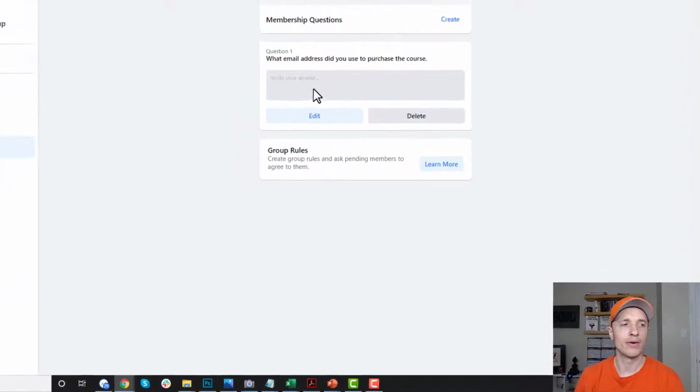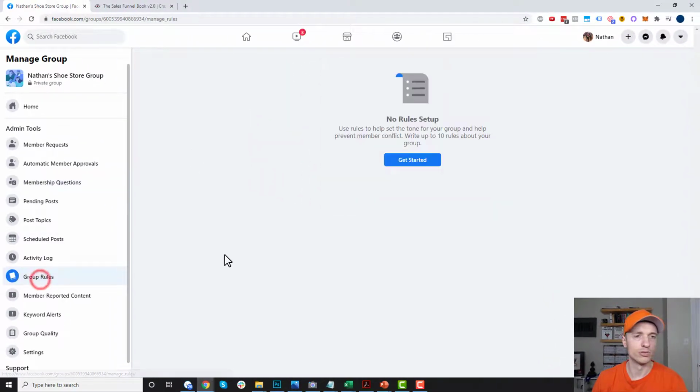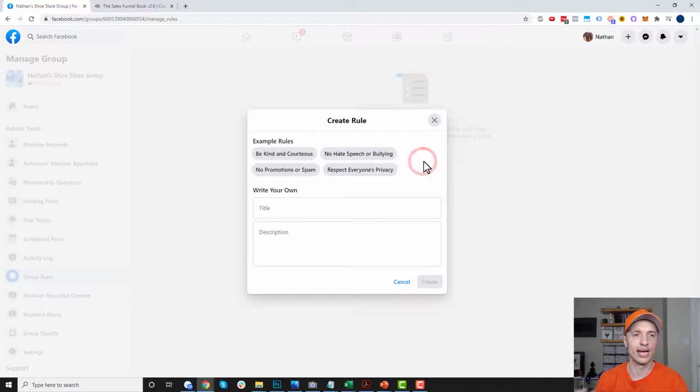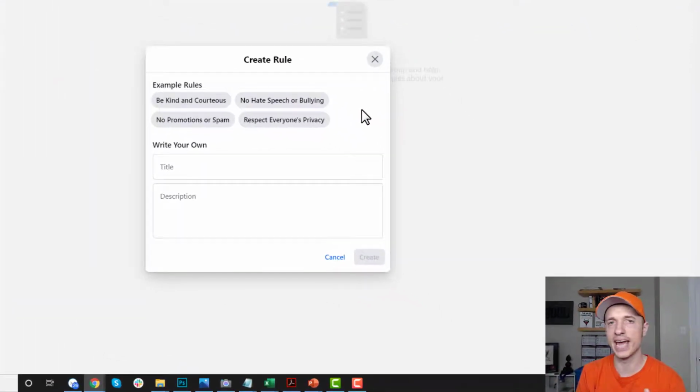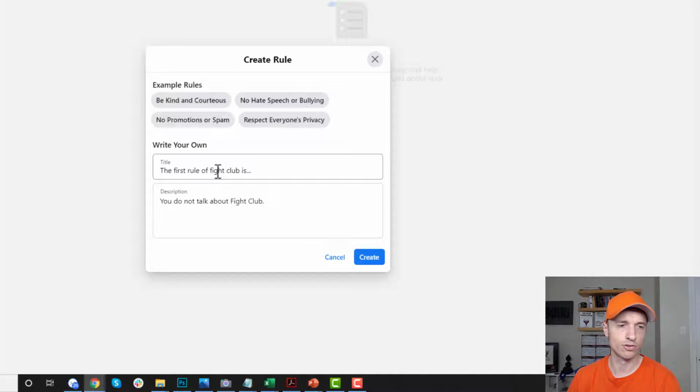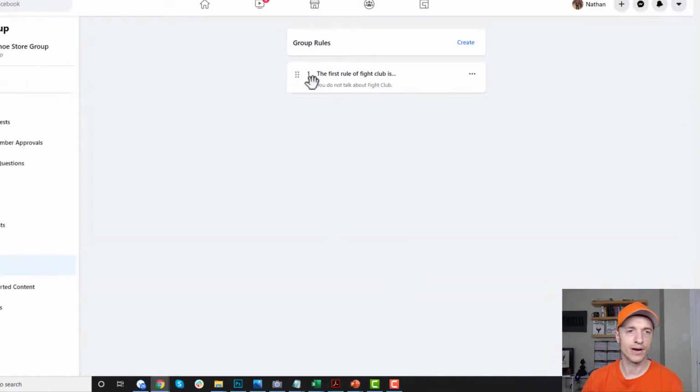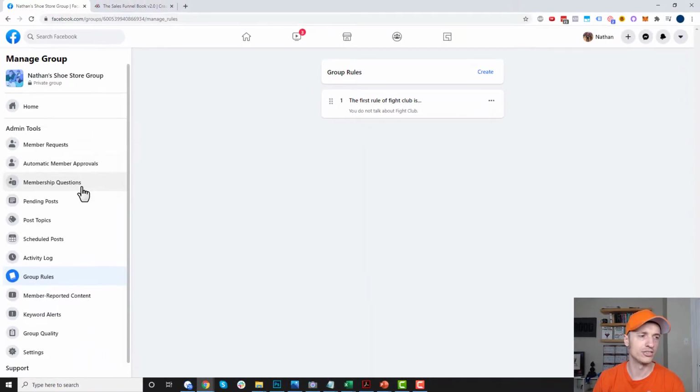Now, another area you might want to go to right away is your group rules. So if you have some rules you want to specify for your group, like this will get you banned or whatever, you can add the rules right here, and they'll appear in your Facebook group. So I created a rule here. The first rule of Fight Club is you do not talk about Fight Club. Okay, create. And so there we go. I've gone ahead and created a rule. And of course, you can create multiple rules if you want to. So that's something you might want to set up as you're creating your group, your rules in addition to membership